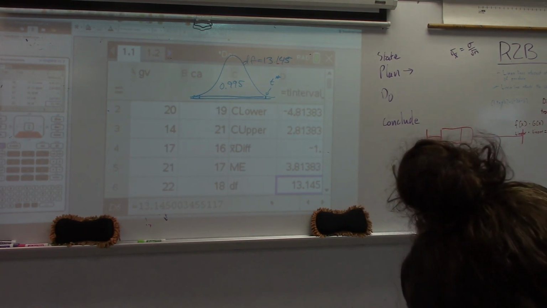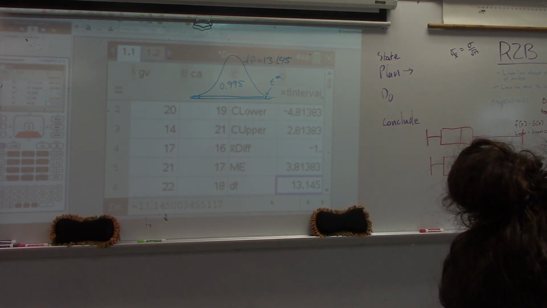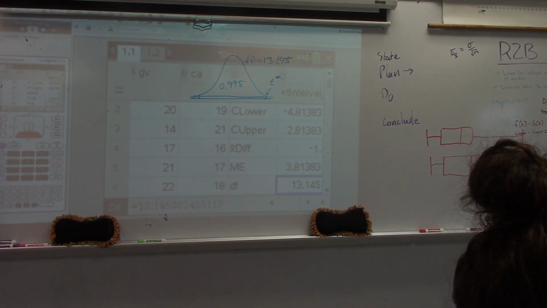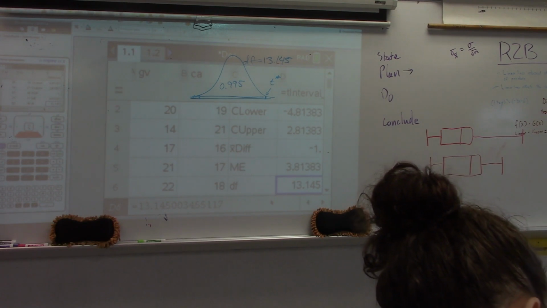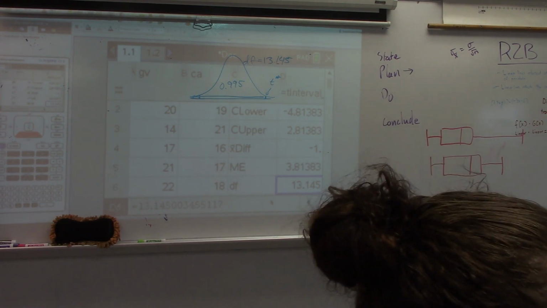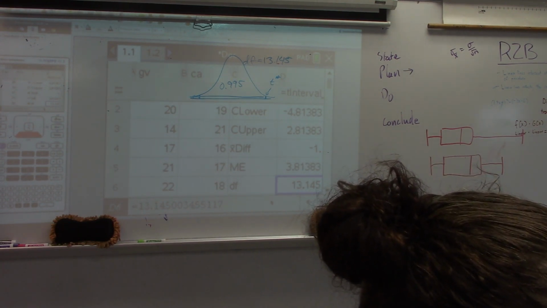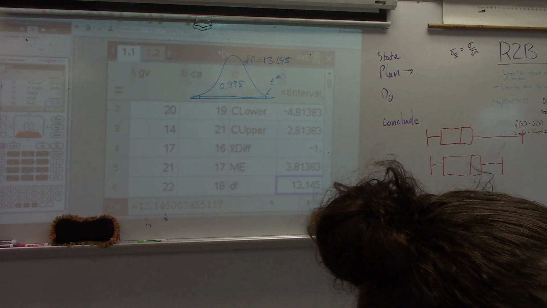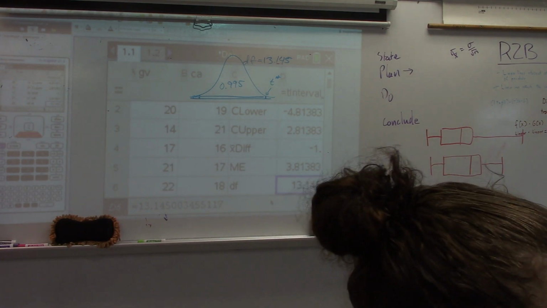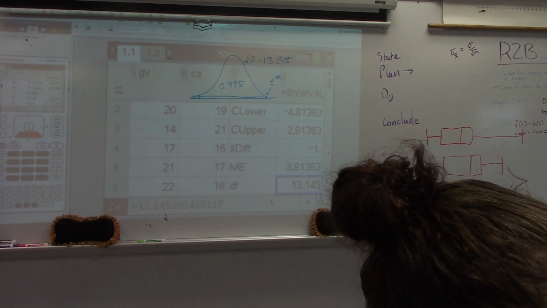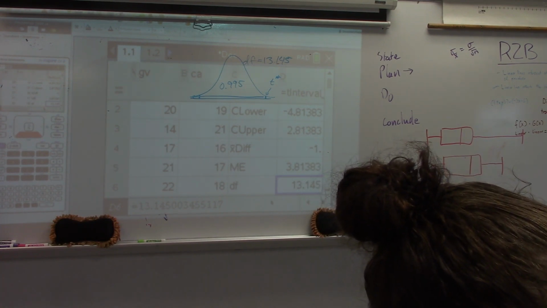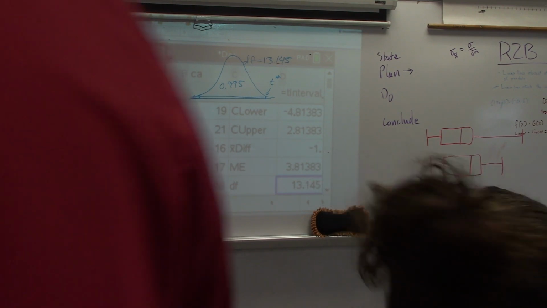So you'll have to have a calculator page to be able to do it. Sorry, I should have said that earlier. Say that again, Josh. I would say have an area. Yep, so remember, there's a 99% confidence interval, not 0.995. We already did the confidence, didn't we? Okay. So,